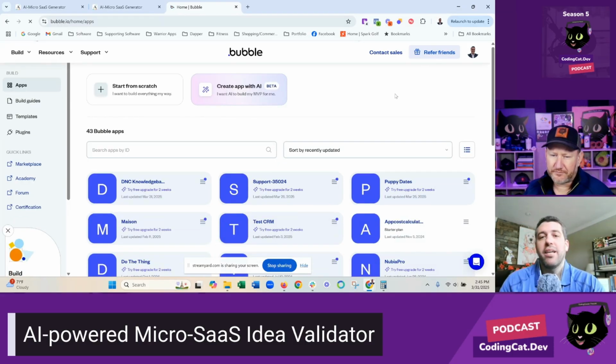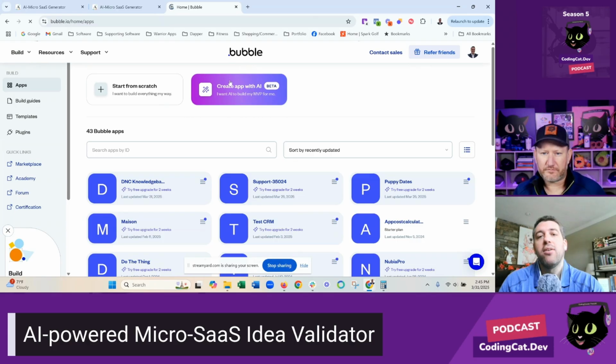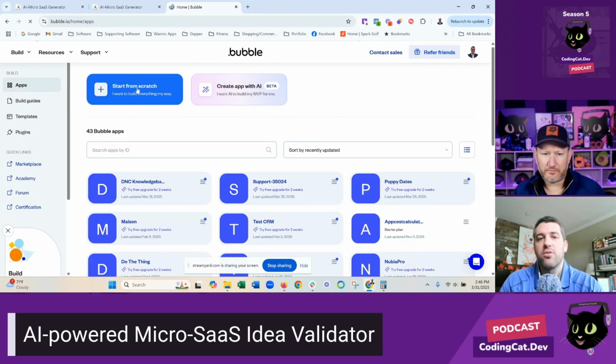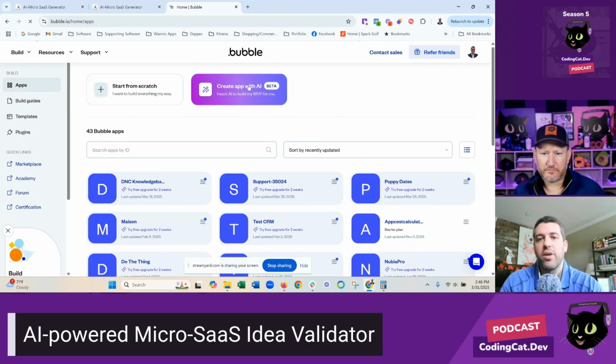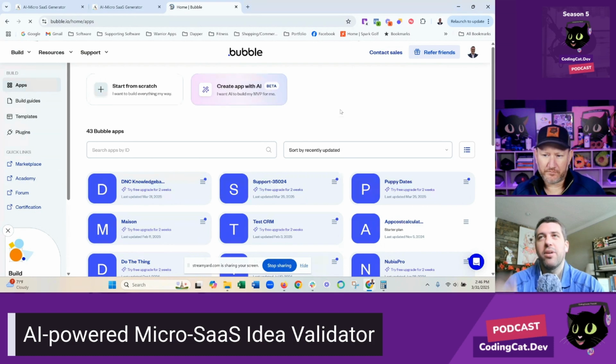Yeah, so they actually have that available right now. I think we talked about this before. So there is a new way you can start from scratch. This is Bubble, but there is a way to start from scratch, and then there's a way to start from AI. Like we had mentioned before, the problem that this creates is that I can go in and create this stuff.